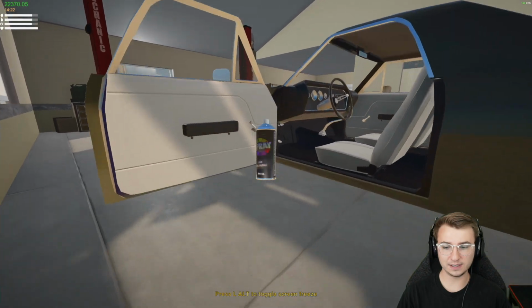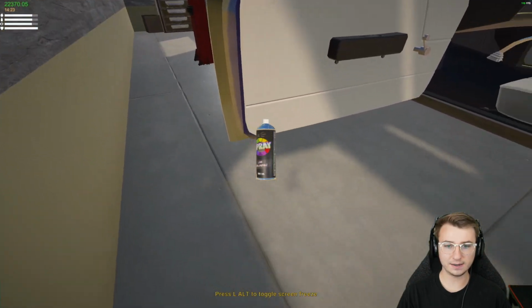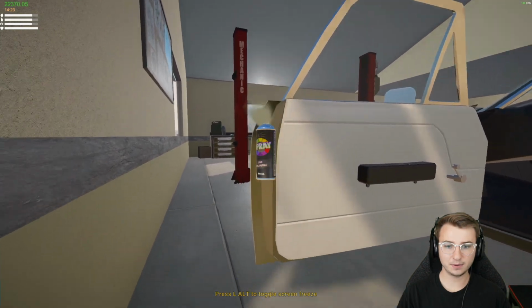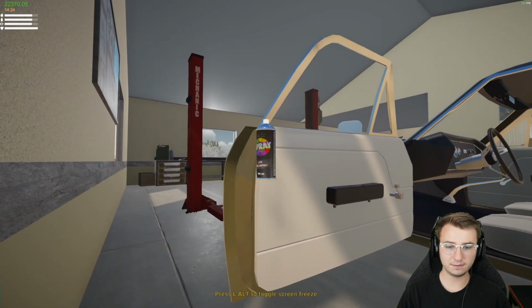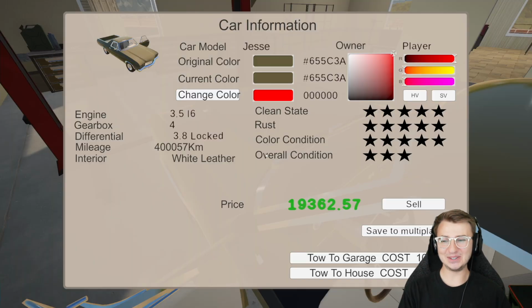We'll probably run out of it again. And we can just touch that area up right there. This area up right there. Make sure we get that full length of the door jamb. There we go, dude. 5 stars color condition, finally. Now, overall condition, still 3 stars, but we're going to get to that. Don't you worry. We are going to get to that. 19,000